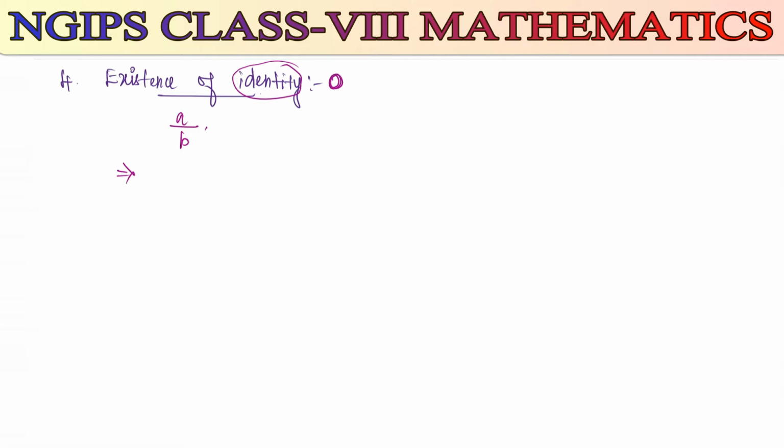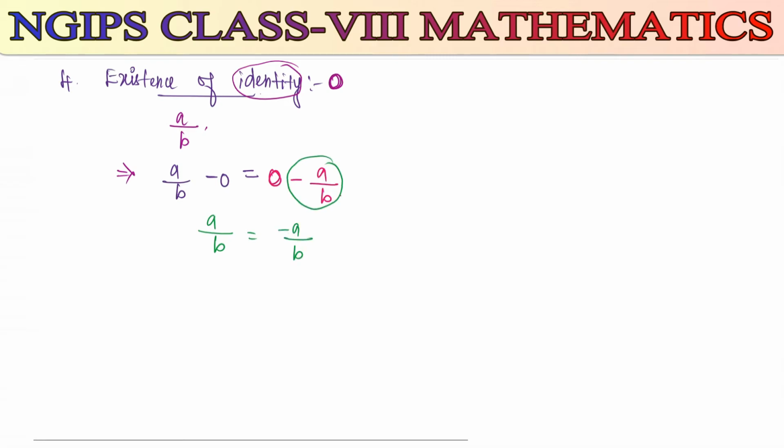Okay, let me see here whether subtraction has identity or not. First I am going to take a by b minus 0 is equal to a by b, and the condition next is 0 minus a by b. Here the left hand side and right hand side both have to be equal. Let me check here. A by b minus 0, the value is a by b, and 0 minus a by b, the value is going to be minus a by b. So here we got the left hand side as positive and the right hand side as negative. So this condition is not satisfied.